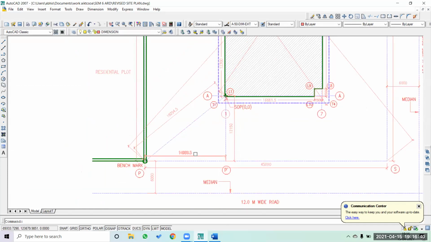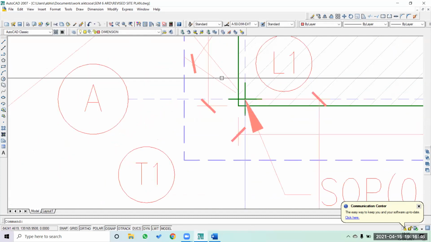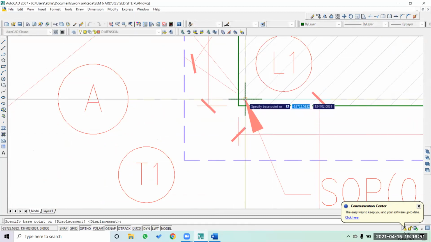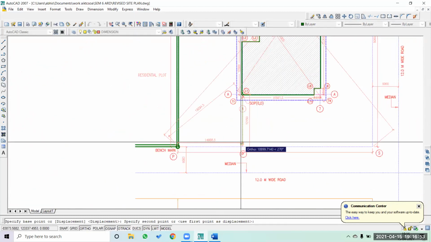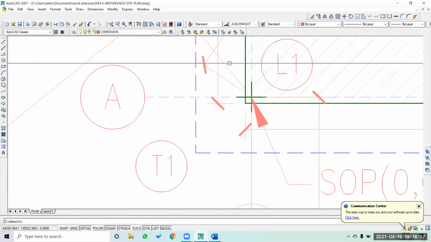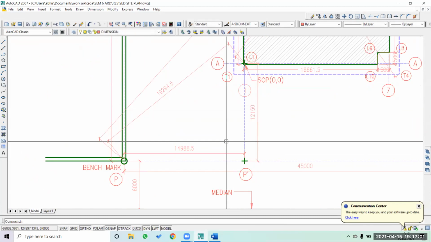Okay, center line A and 1. So you have to remove this. You may not continue with this particular dash line because there are going to be too many dash lines. So we will use this particular tick to identify the point. That is how we have identified the triangular dimension.